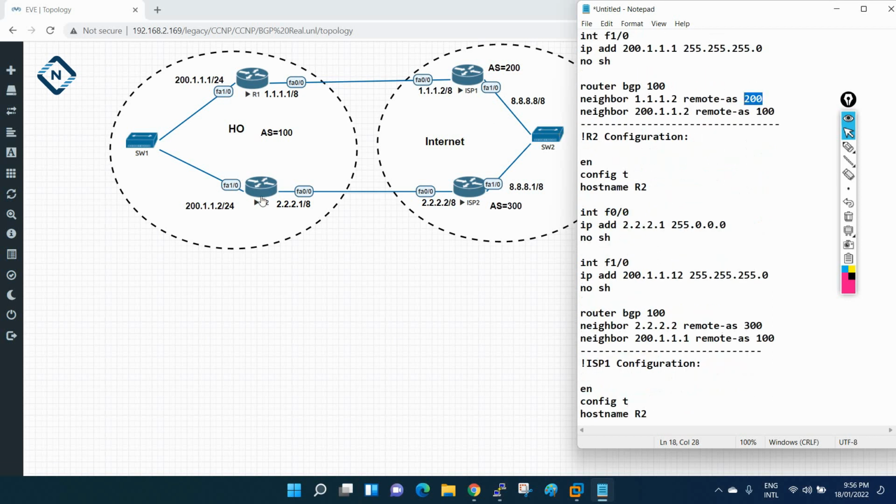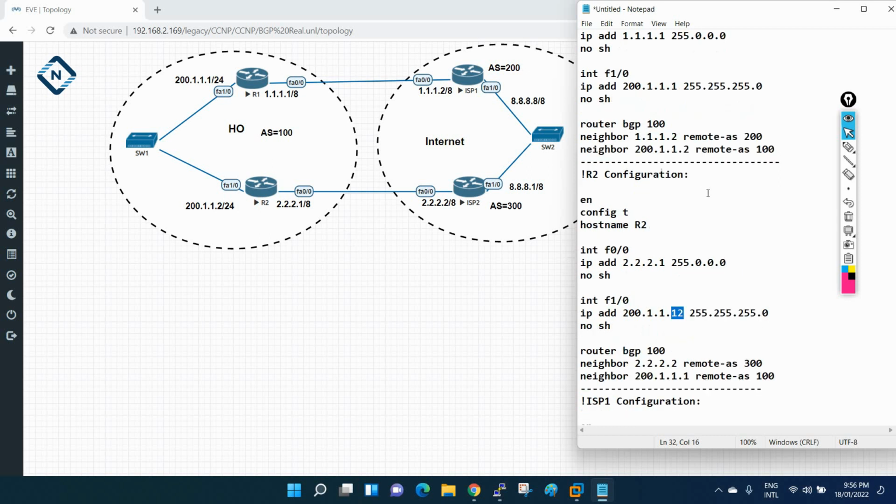Okay, now let's go here. I am here on FastEthernet 0/0, 2.2.2.1. Okay, this one is good, and here 200.1.1.2. Here if you see, we have the issue. I wrote 12 here. I wrote 2 here, but here 12. I assigned 12, but I am making the neighbor as 2.